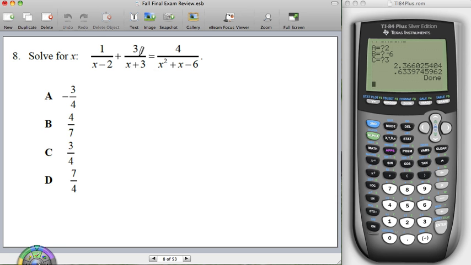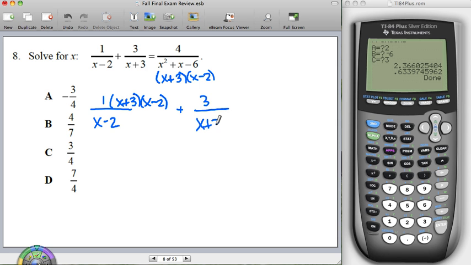Number 8, I'm going to do the same thing, my common denominator for this. Once I factor this quadratic down here, I have x plus 3 and x minus 2, so that's going to be my common denominator. So I'm multiplying everything by x plus 3 times x minus 2. So there's my first fraction, second fraction, and then my third fraction,